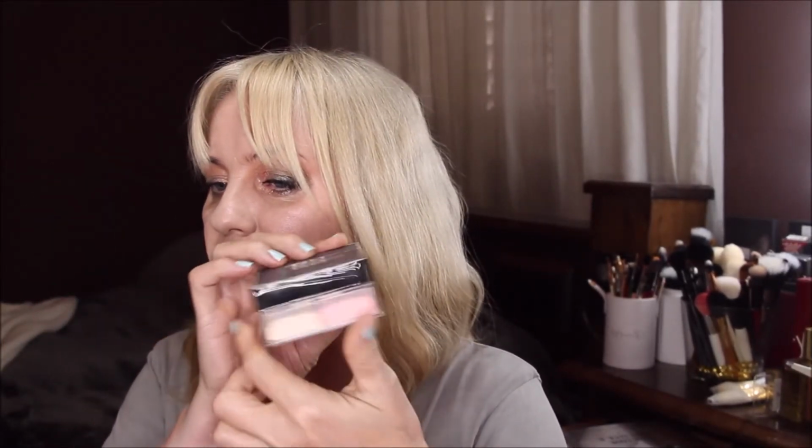Oh, it's so freaking soft. I can't stop touching it like this. It's so soft. I will use that one to set my face a bit, at least where I want to use more powder products. Otherwise they just get stuck on my skin. So I'm using this Givenchy powder. Again, it's my older version, more peachy pink colors, like that, and this bigger brush. So I'm just putting this brush in both sides in the powder,